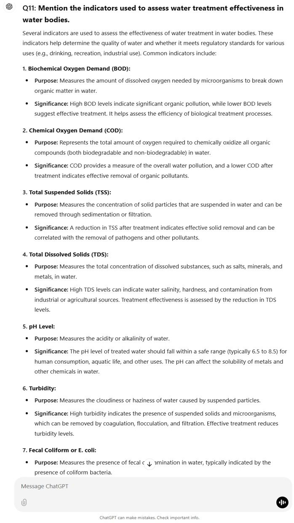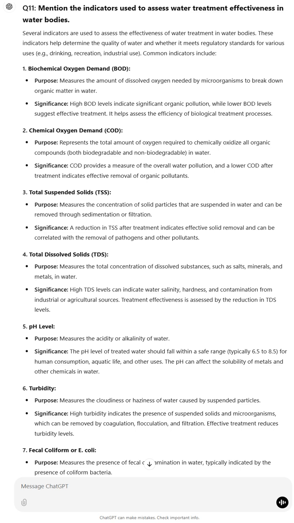2. Chemical oxygen demand, COD. Purpose: represents the total amount of oxygen required to chemically oxidize all organic compounds, both biodegradable and non-biodegradable, in water. Significance: COD provides a measure of the overall water pollution, and a lower COD after treatment indicates effective removal of